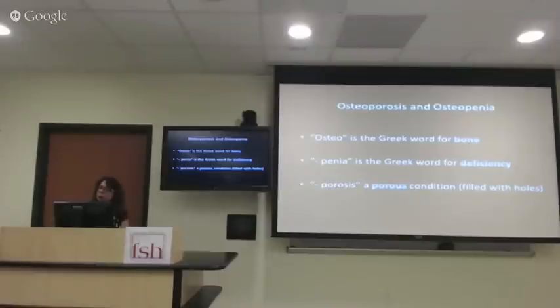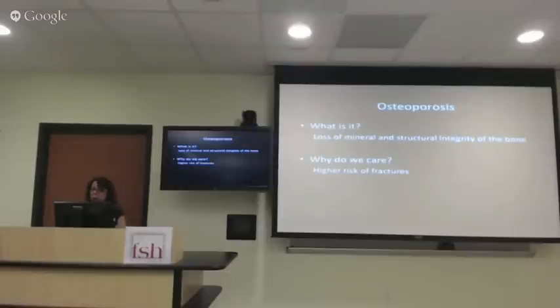So osteo is the Greek word for bone, penia, lack of or deficiency, porosis or porous means something filled with holes. So osteoporosis is bone filled with holes. So what is osteoporosis? That is your diagnosis. It means that you've lost mineral and structural integrity in your bone. And the reason we care about this is because of a higher risk of fractures, but there actually is treatment